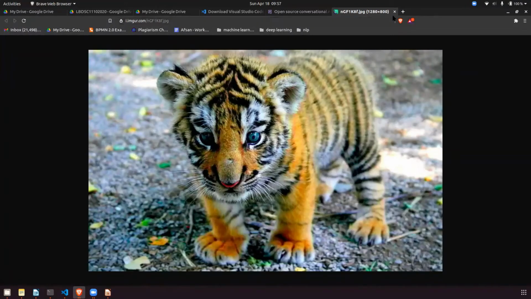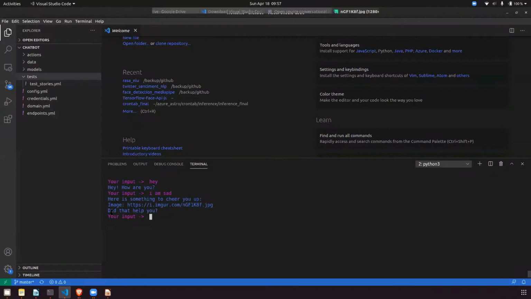Okay, so this is what a chatbot is. When you open the link, this is the picture that you get. And next it is asking, did that help you? Just type yes, and when you type yes, it says great, carry on. If you type no, it will say bye. So this is a basic chatbot that is created by Rasa NLU by default. We will train this chatbot based on our use case, but this is the basic one you get. Everyone just try to write something and the chatbot should respond. Just check whether it's responding or not.